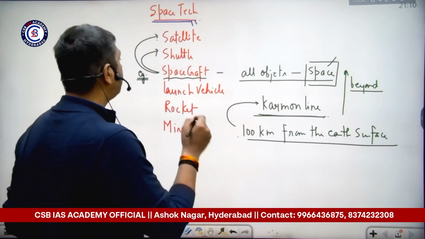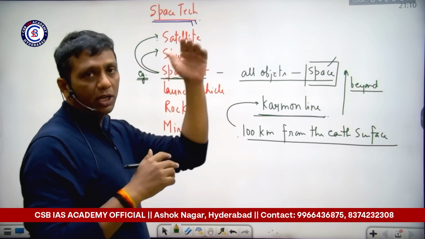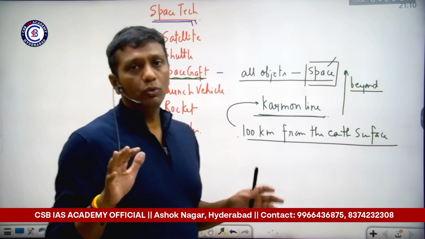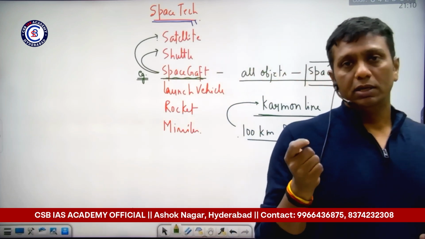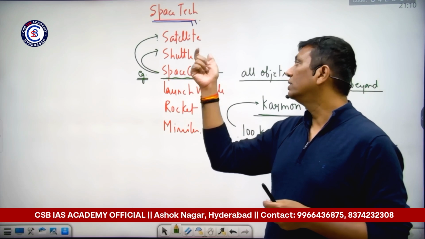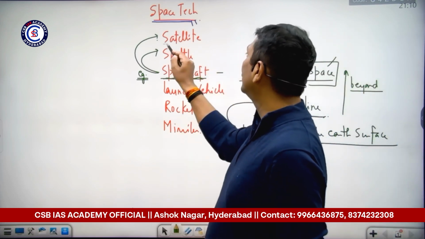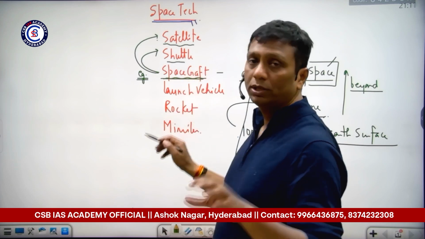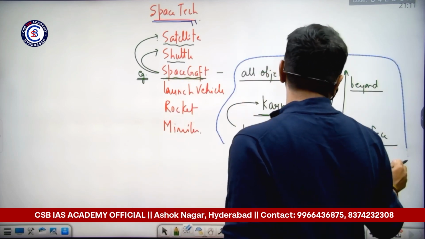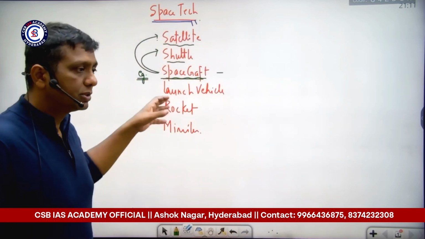So a spacecraft, generally these kinds of objects we are sending beyond the Karman line. As examples, a satellite and a shuttle. But I don't think anyone has a problem understanding a spacecraft. And what about the connection of spacecraft with the satellite and shuttle? Now the next question, what is a satellite and what about a shuttle? Here guys, very basic terms. After this entire discussion, you will never get confused with all the terms.